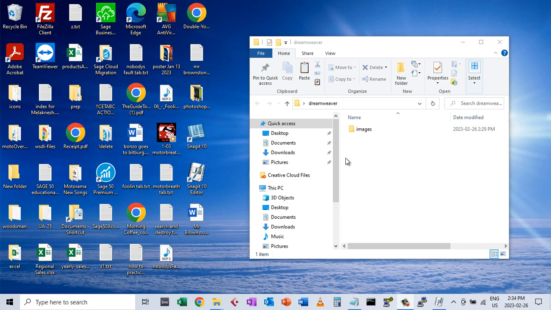I'll create a second file as well so we can quickly create a nav bar, which will be a library item, which is something that Dreamweaver allows us to work with to link to a second